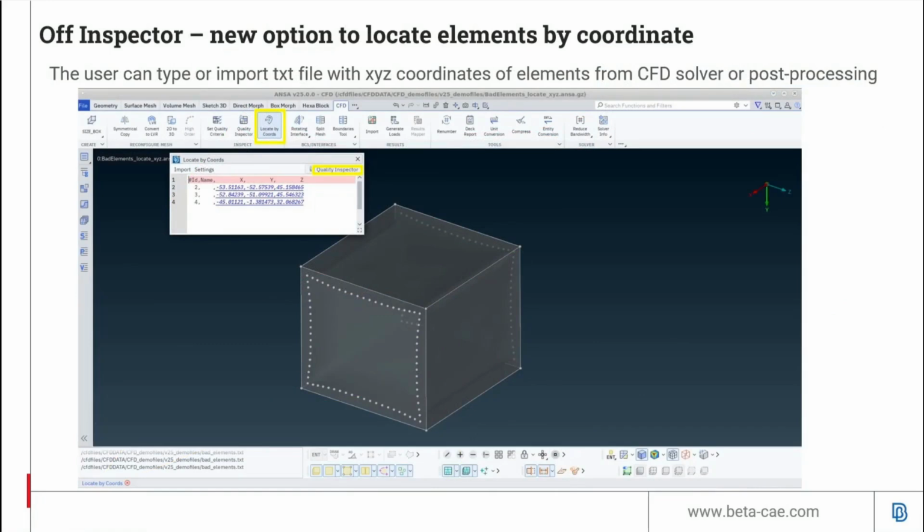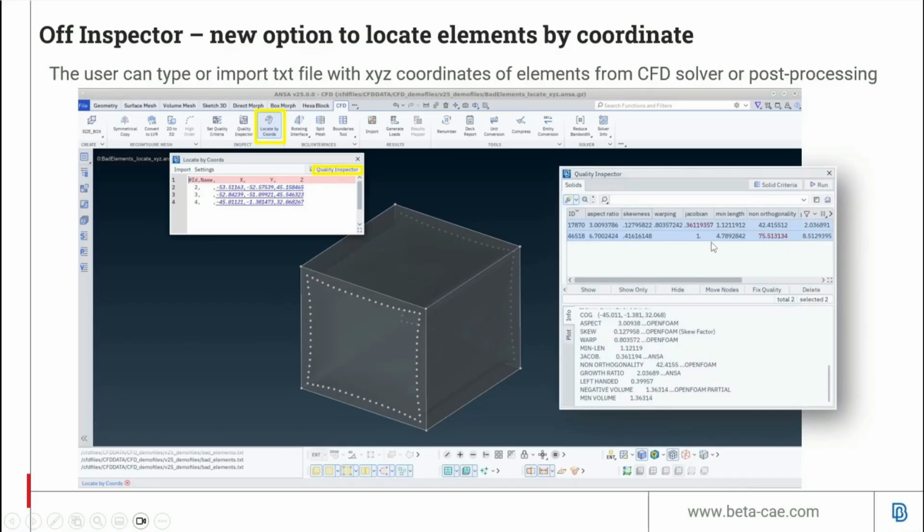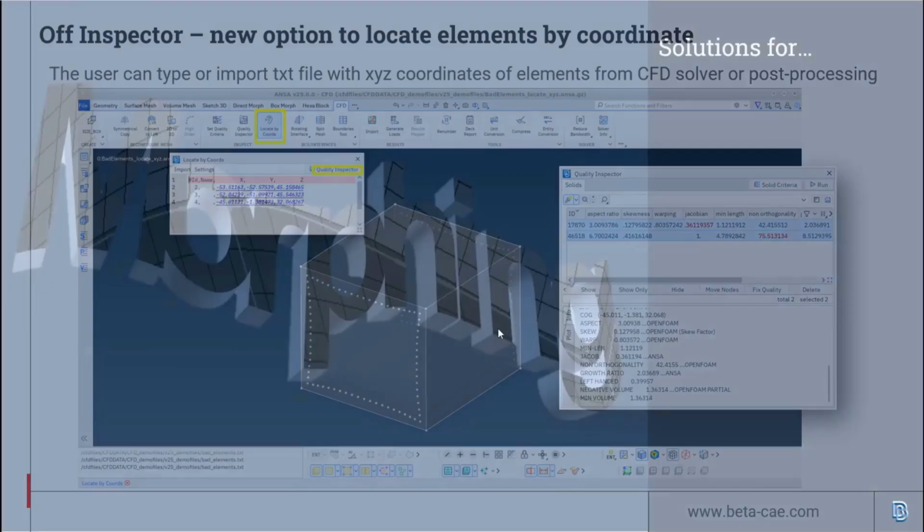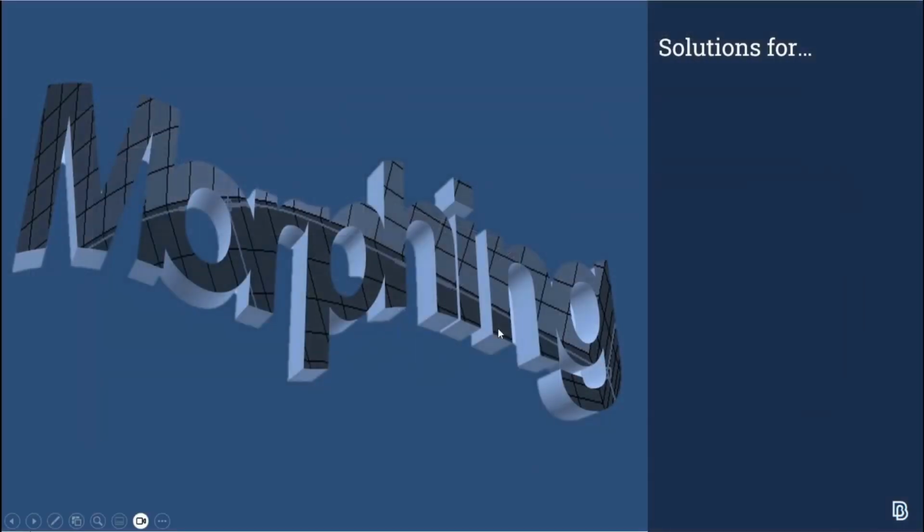We have now introduced a new functionality for volume mesh where the user can identify volume elements based on coordinates. These coordinates may be fed from a solver that indicates them as having an issue like a high velocity, high pressure, or bad quality. So the user can feed back into Answer the coordinates of these elements and then open the Auth Inspector, and Answer will identify them in the display.